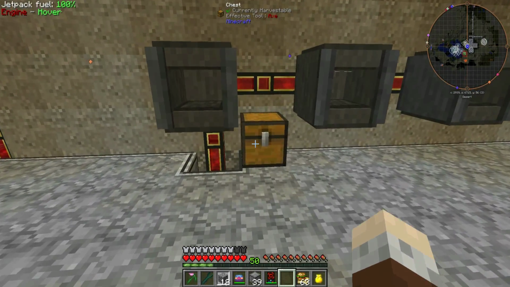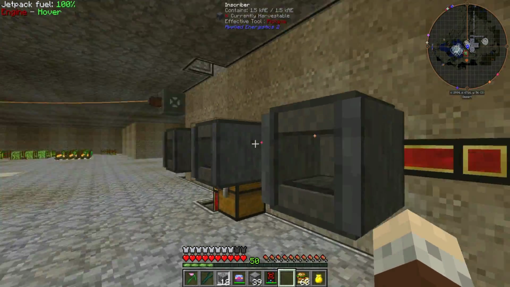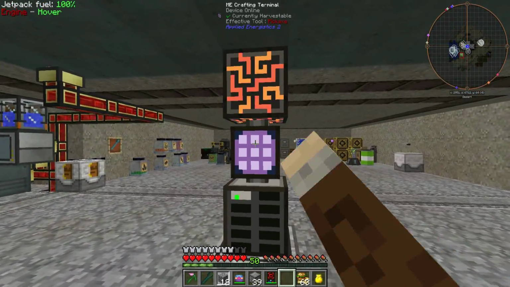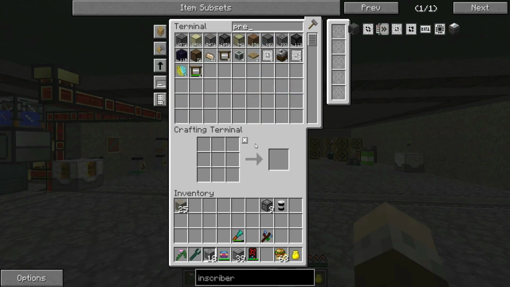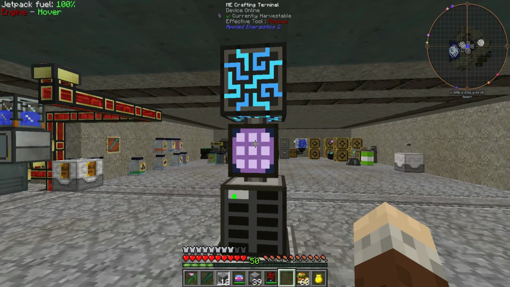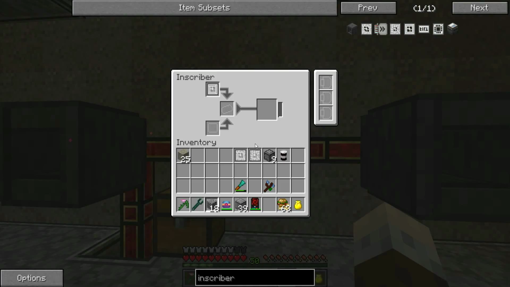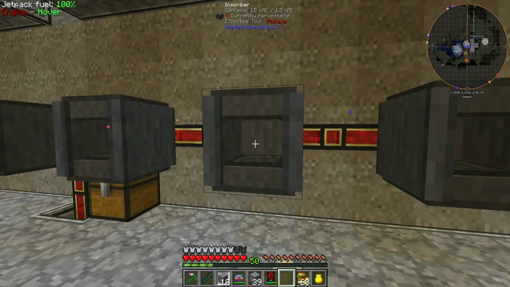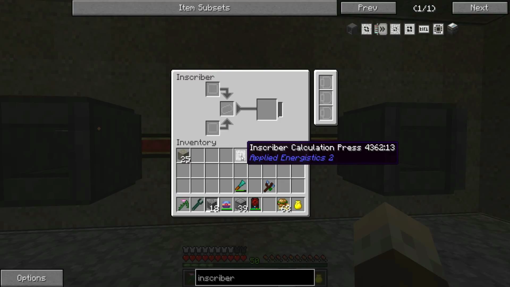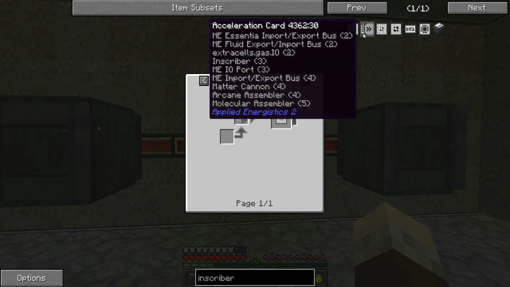Okie dokie, let's have a look now. I think I've got everything I need in here, other than I don't have the other presses. Let's quickly get them, and then I think we can get going on the actual build. So engineering press and a calculation press. I think that's us. We've got the silicon and we've got the logic. So engineering and calculation. Now, if I can remember correctly, the calculation one,